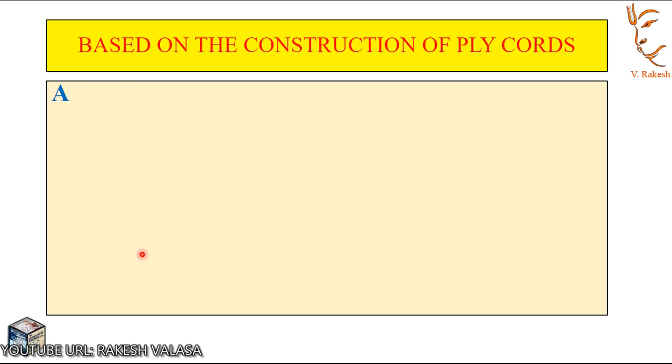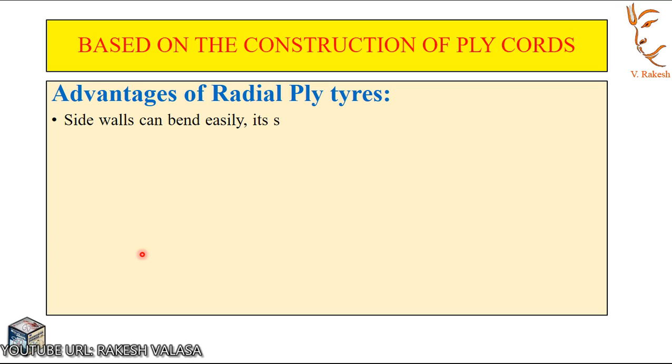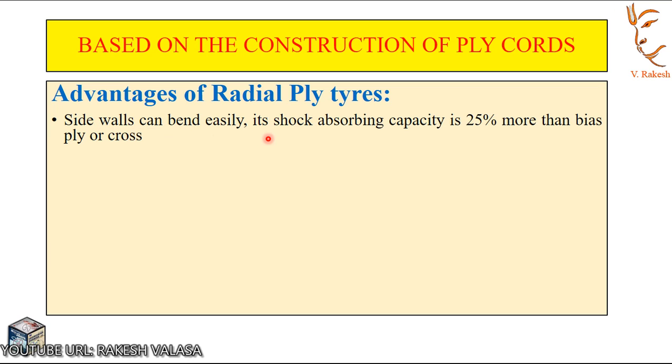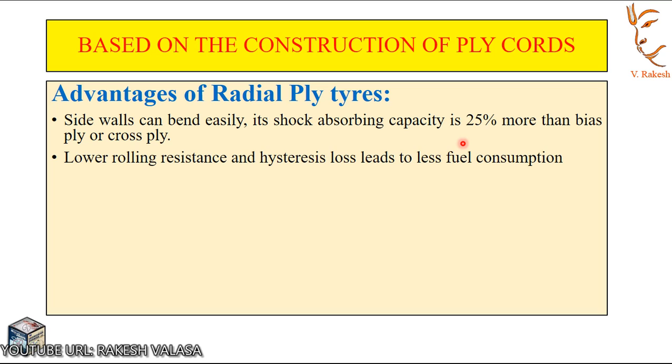Let us see the advantages of radial ply tire over cross ply. Sidewalls can bend easily. Its shock absorbing capacity is 25% more than bias ply or cross ply. Lower rolling resistance and hysteresis loss leads to less fuel consumption, longer tread life because of less heat build up in tire,